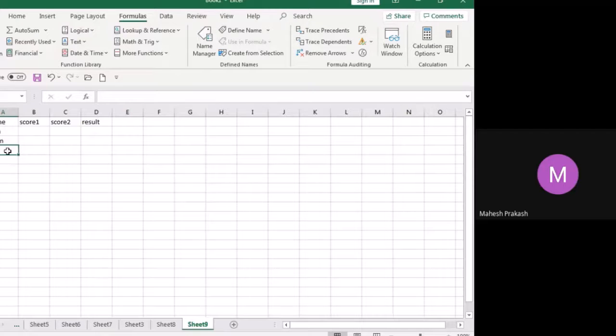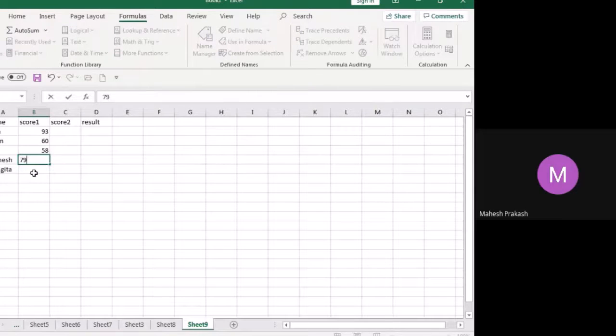You can take a picture of the screen if you see any formula because it will be useful for you. So we have how many rows? 5 rows. So for scores, I'm putting some random numbers: 93, 60, 58, 79 and 41.